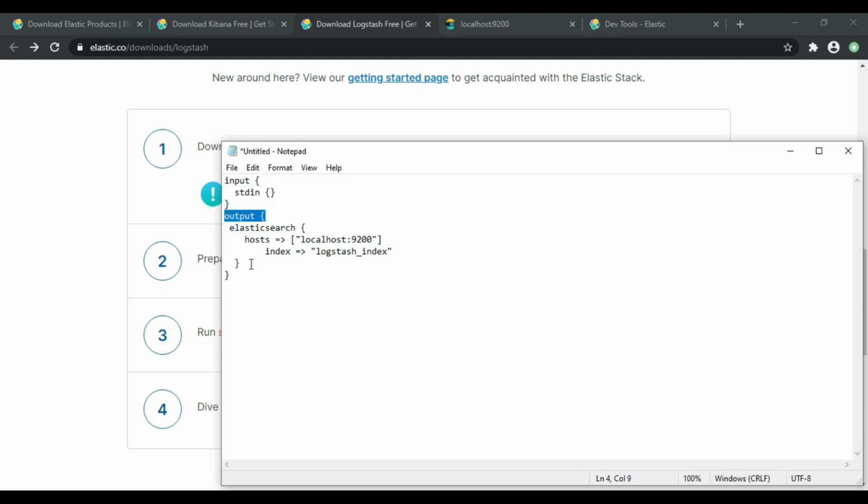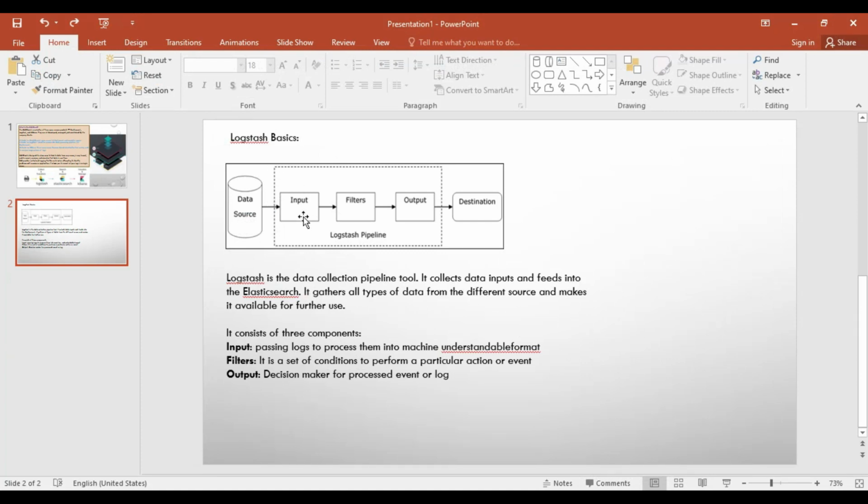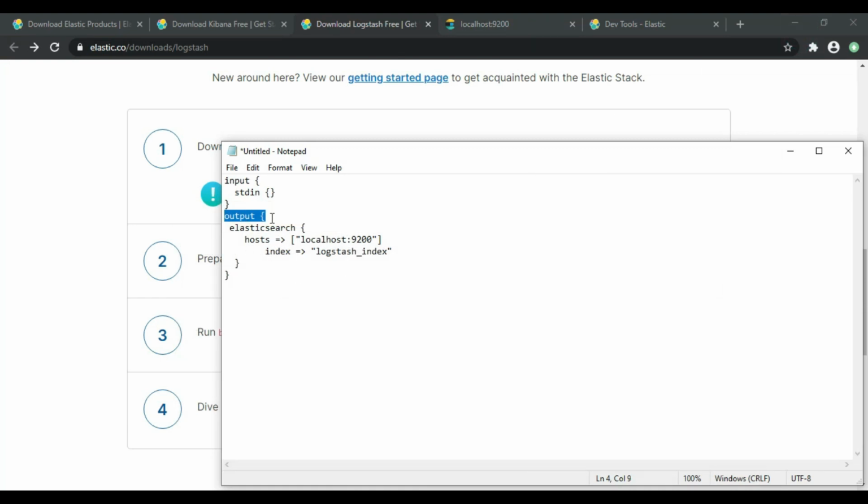So what is my output? Like I mentioned, I need the input for Logstash, and Logstash will create the pipeline and convert it into an understandable format for the output or destination. So the output is Elasticsearch.